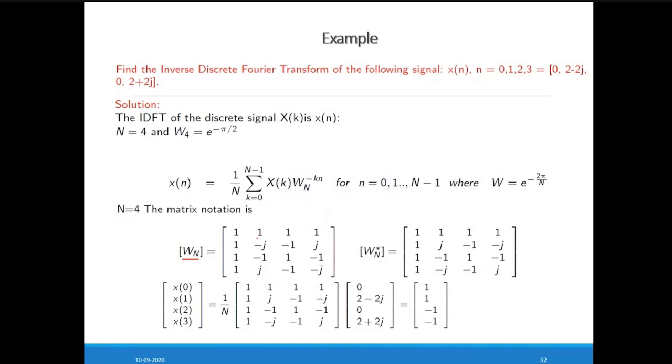Your omega n is given as 1 1 1 1. So now for your rows and columns, you can start from here. The first value is 1, as it is, 1 1 1 1. We start with the second column. This is the simple way I am telling you. This is 1, j, minus 1, minus j, which we have written. Then 1, minus 1, 1, minus 1, and the last one is 1, minus j, minus 1, j. So you can simply understand that whatever columns there were are transformed into the rows over here. Okay.